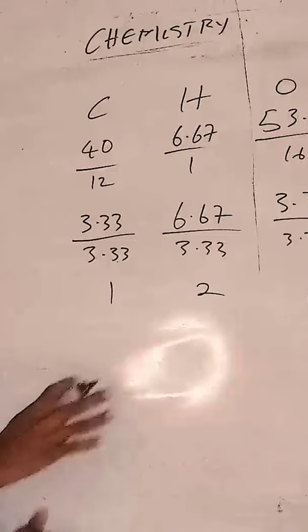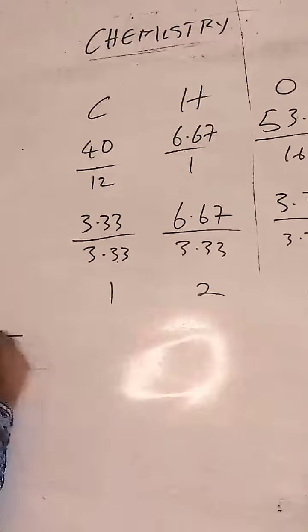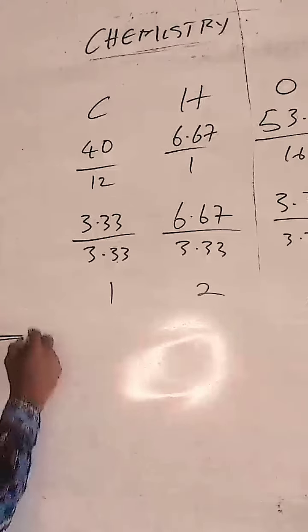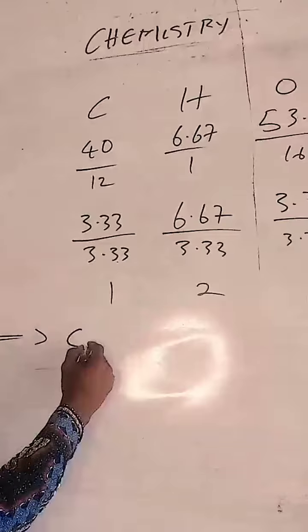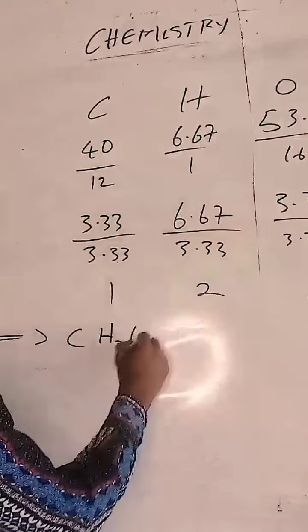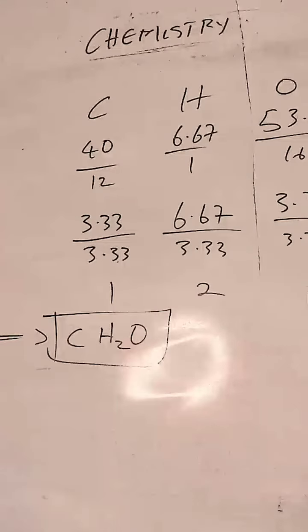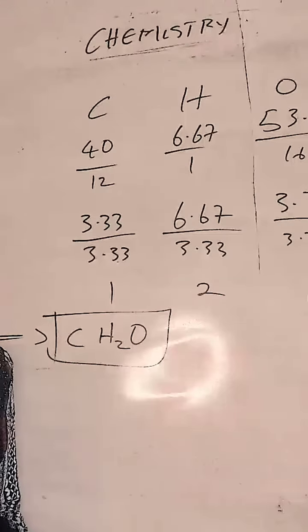So the empirical formula, which is the ratio formula of this unknown organic compound, is carbon 1, hydrogen 2, and oxygen 1. So this is the empirical formula. But we are told to identify the